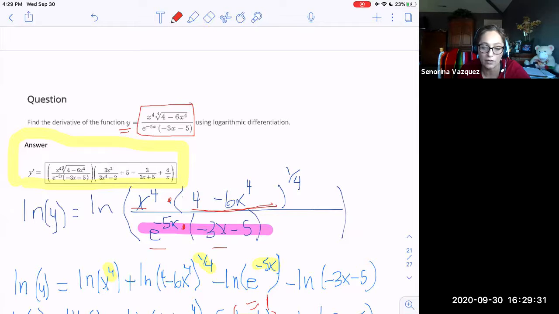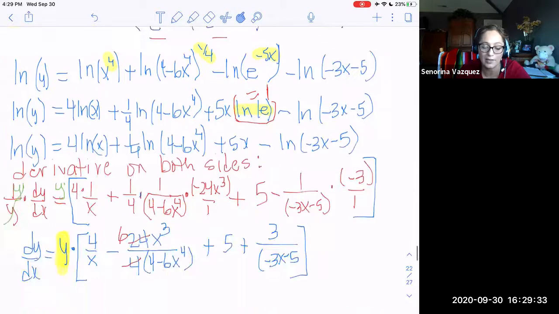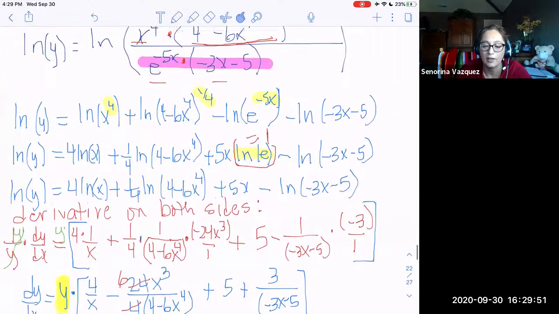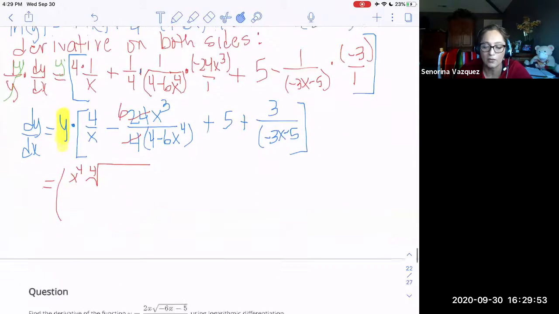Again, x to the 4th times the 4th root of 4 minus 6x to the 4th in front of those big brackets. So dy dx is, I'm going to go back now, leave it as red. Here's what y is. It's going to be x to the fourth times the fourth root of, and I already forgot, so I'm going to back it up, 4 minus 6x to the fourth,